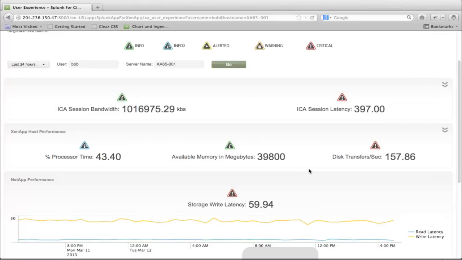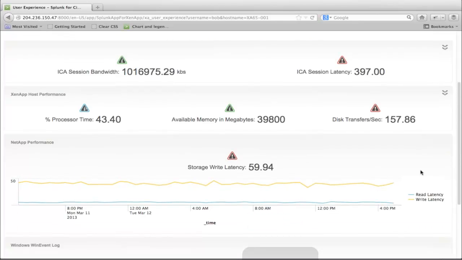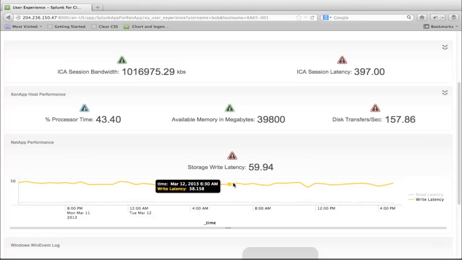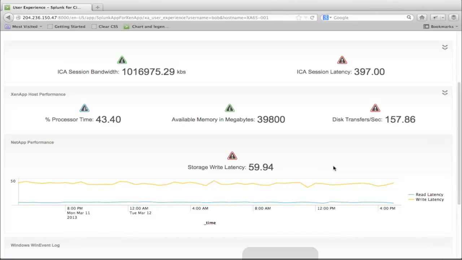As a storage person, normally a good rule of thumb is that write latency sustained above 10 milliseconds is kind of bad. It's actually pretty bad and will impact performance. So we see our write latency over the past 24 hours averaged almost 60 milliseconds, and it stayed pretty high here. So now, same problem Bob has, things are slow, as Dan had, but now we see it has nothing to do with the hypervisor, because A, hypervisor doesn't apply, but we can see, again, it's a disk transfer problem on the XenApp server, but it's caused by high write latency on the NetApp filer